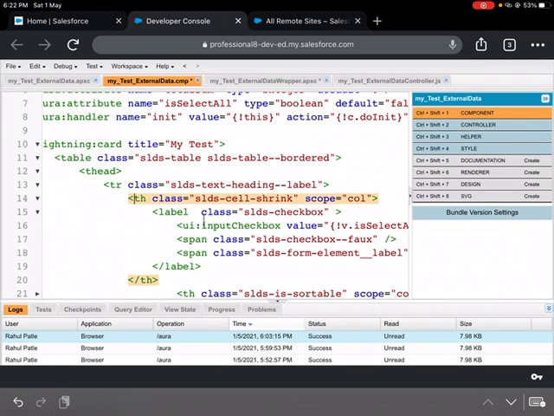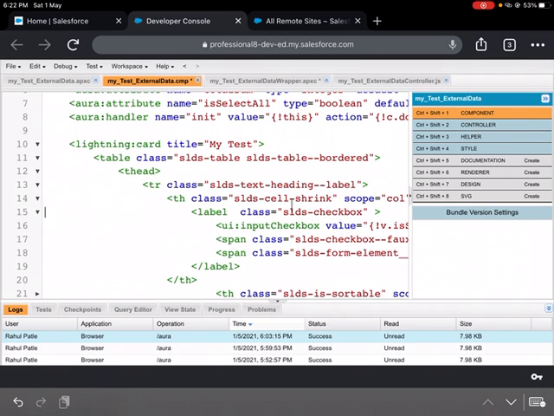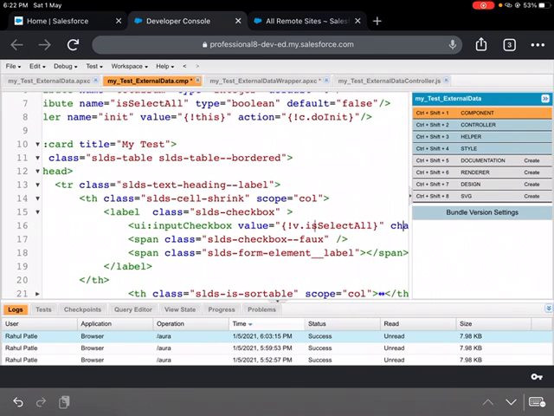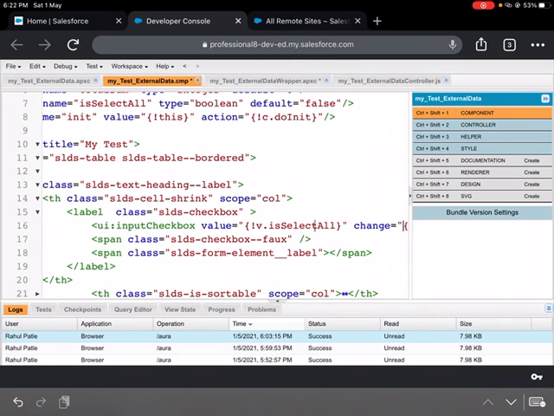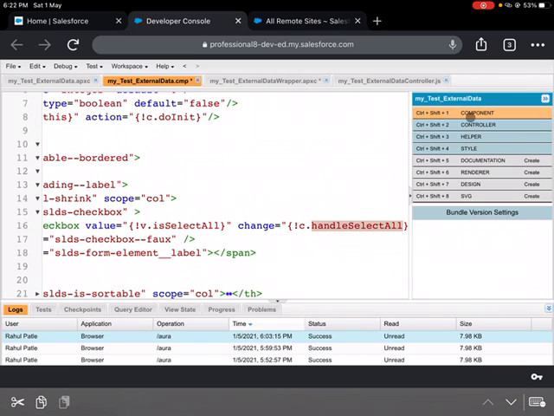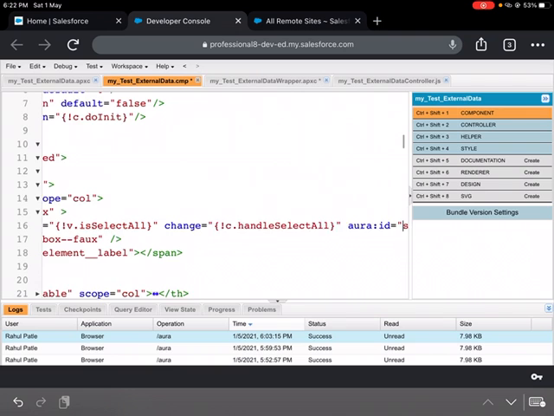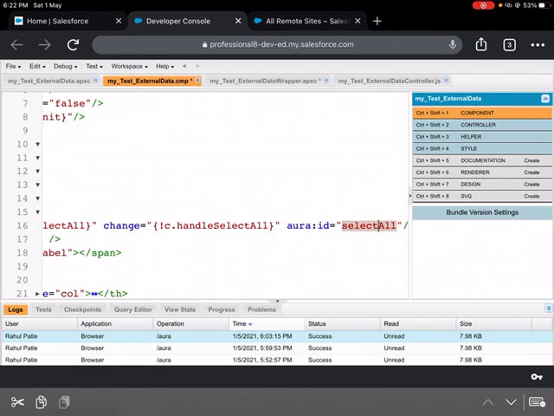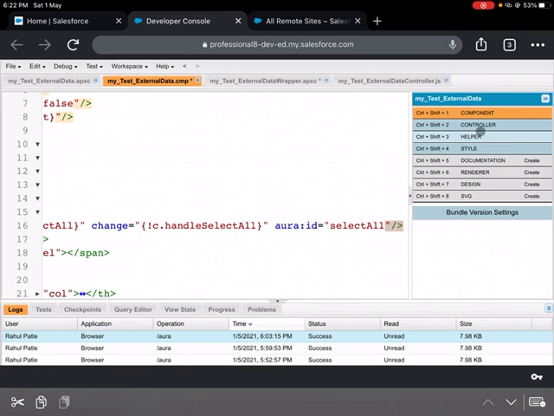Here initially I have created one input checkbox, for which I have given the value as select all, and on click of it I'm calling the handle select all method. This is my Aura ID, through which I can find this particular DOM element.